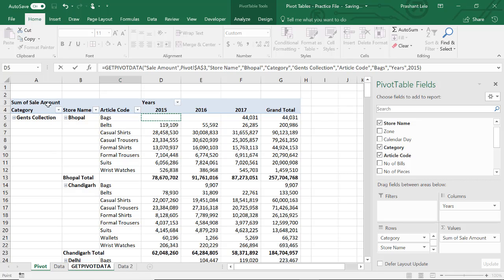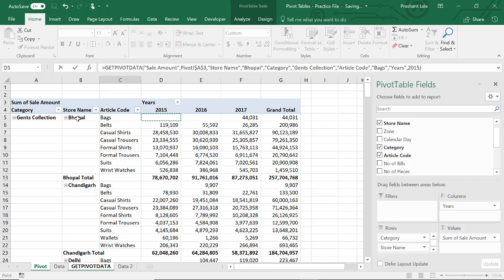This gives the input of from which pivot table, as you may have multiple pivot tables. So you need to fetch data from the pivot table which is placed in A3 of your pivot sheet. This worksheet is named pivot. Then there is a field, store name, and this is a value for that field.